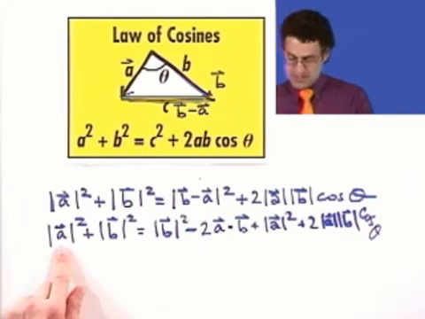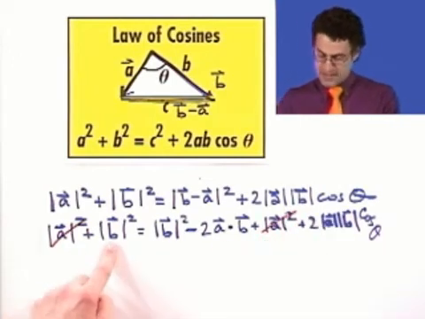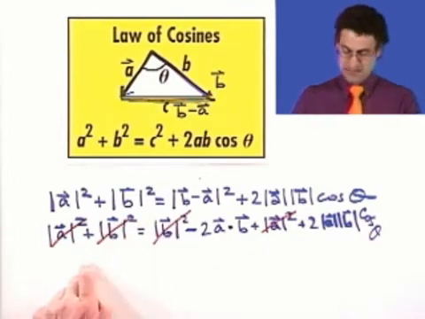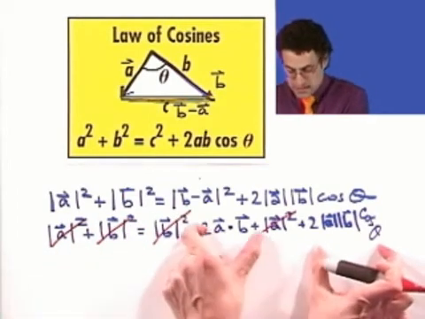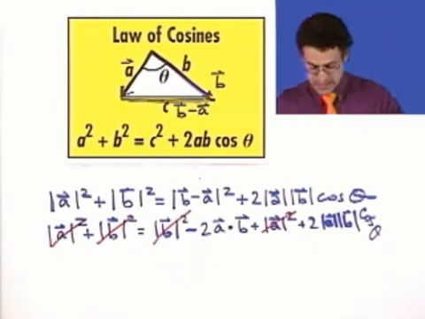I've got length of a squared here and length of a squared here. They cancel. Here I've got length of b squared here and length of b squared here. They cancel. I've got 0 on this side and these two terms on this side. Let's bring this over to the other side. It's a negative, so it becomes a positive. And so what I see is